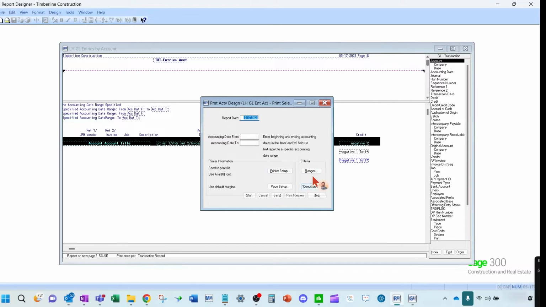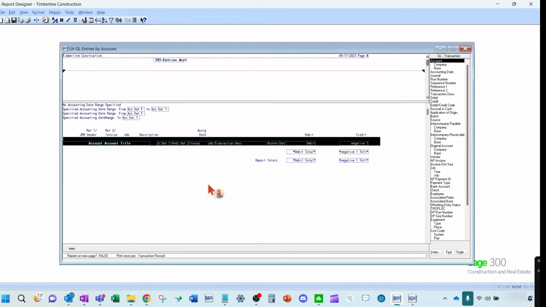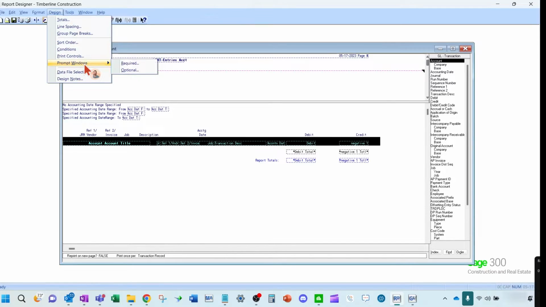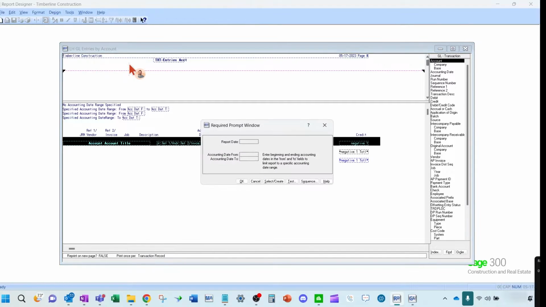Now you have ranges and conditions, but basically these prompt fields are for any condition that you keep doing over and over again. If you're always finding yourself going in and adding a condition on this report, make a prompt field for it. And then you can just key it in instead of clicking the conditions button. So for example, maybe I'm always just picking a particular module these entries come from. So let's make a prompt field. So we'll go prompt window, and we're going to make a required prompt window. And I'm going to click where you want it to show up on the form. I'll click it there, and I'm going to create a field.